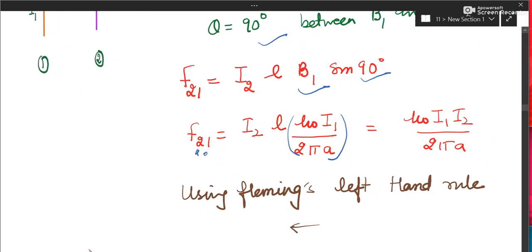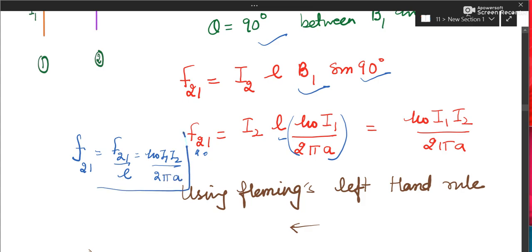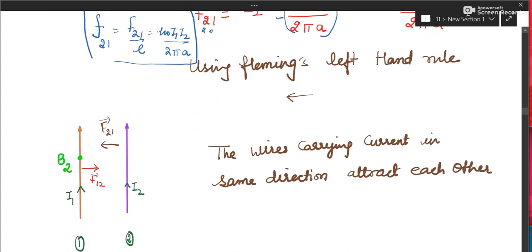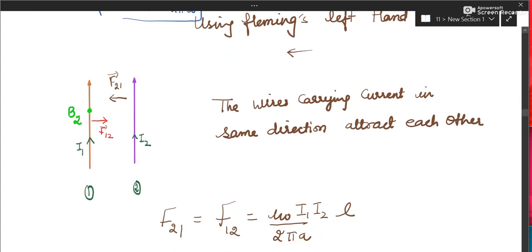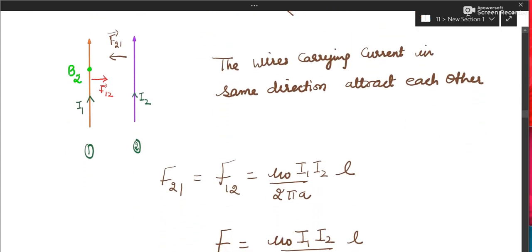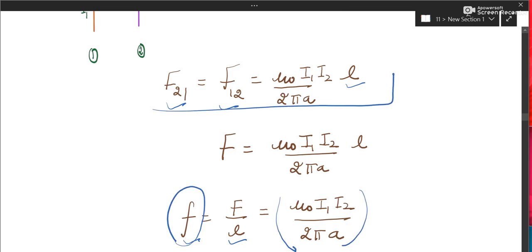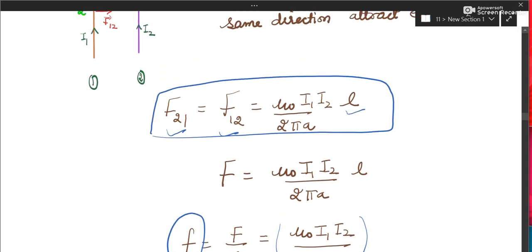Now force per unit length you can again find out. It will be force upon length. L will be cancelled. So the expression will be ready as mu naught I1 I2 by 2 pi A. So that's all from both. We can see that the expression is the same. Okay, now coming to the direction. Direction we have to apply of both the forces. Expression we have obtained. Both have yielded the same expression for force and for force per unit length also. L divided, this is the expression for force per unit length. This is the force expression in which L is there. Wherever you can leave, but direction is left.